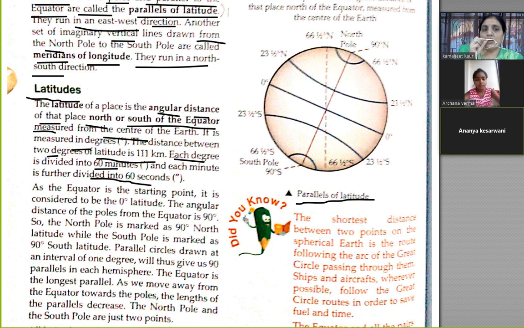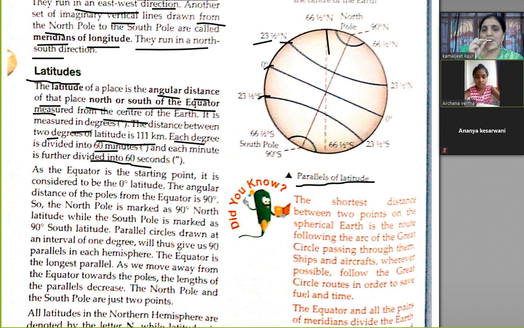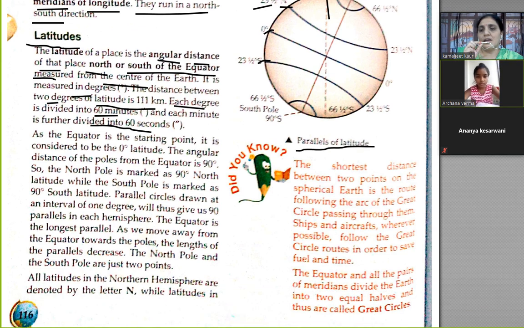Of the place north and south of equator, measured from the center of the earth। Center of the earth से उसको हम लोग measure करते हैं। ठीक है, it is measured in degrees। डिग्रीज में हम इसको मेज़र करते हैं। The distance between two degrees of latitude, ये latitudes हैं ना, इनके बीच का कितना है? 111 किलोमीटर। Each degree, हर डिग्री जो है वो divided into 60 minutes and each minute is further divided into 60 seconds।